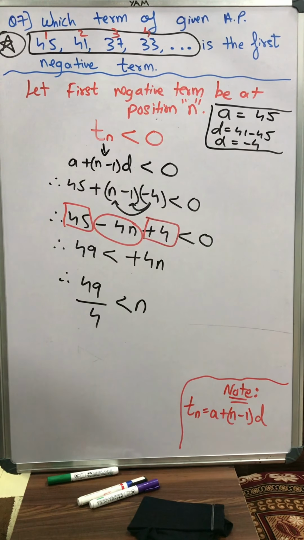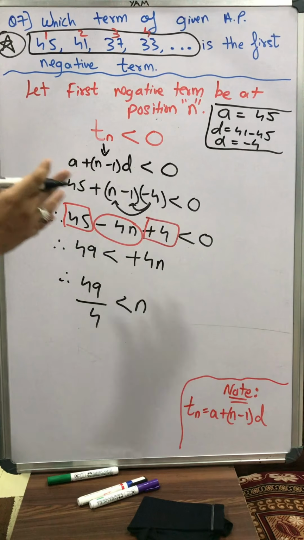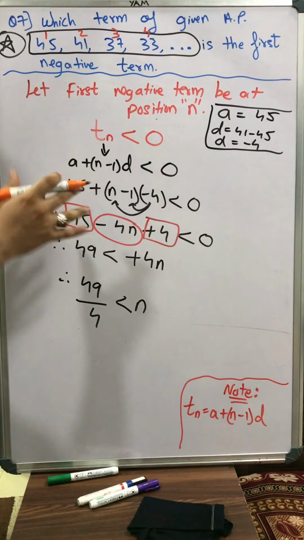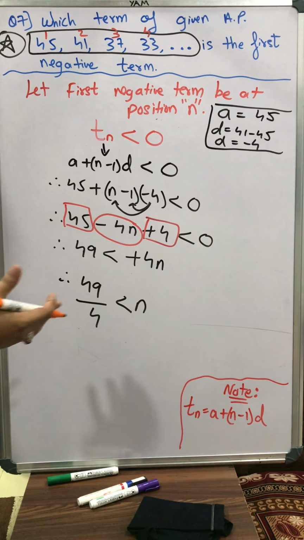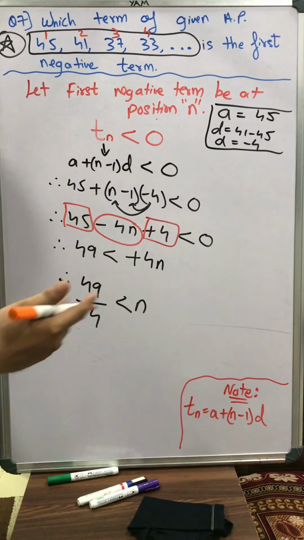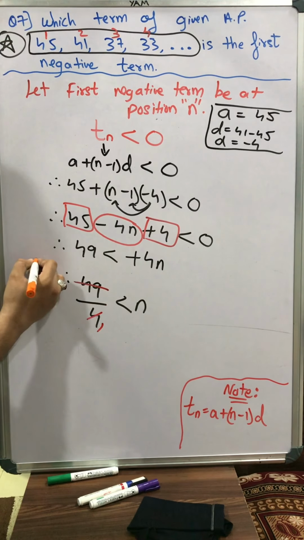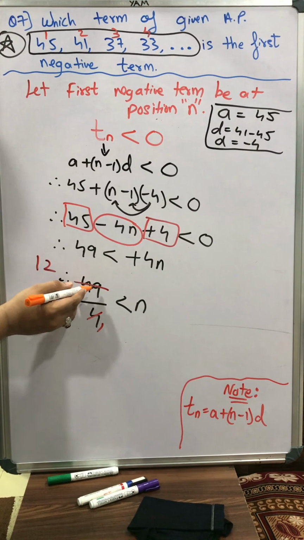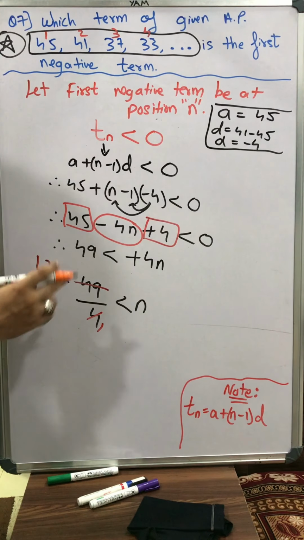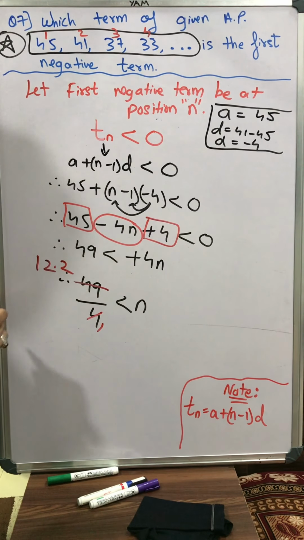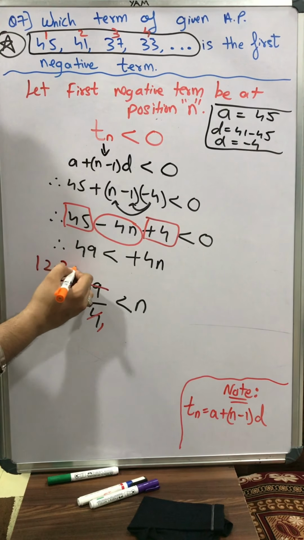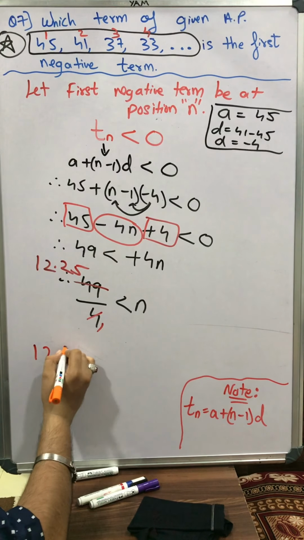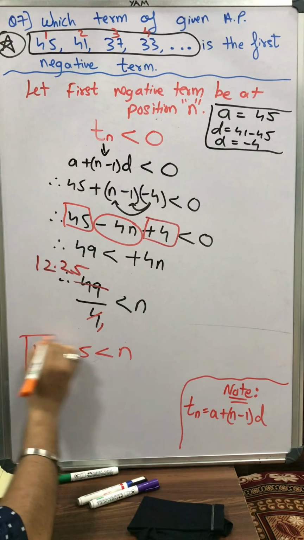Just pay attention. Here the calculation does not matter, but the story, the concept, matters. Don't always blindly pay attention to the calculation. Please stay tuned on the screen. I want to explain the concept here. You should know what you are actually doing. 4 ones are 4, 4 twos are 8, but here it is 9, so we are left with remainder 1. I put a decimal point, so it becomes 10. 4 twos are 8, remainder 2. It becomes 20, and 4 fives are 20. So 12.25 is less than n. This is what we achieved.